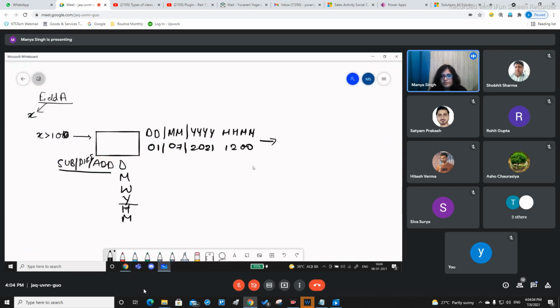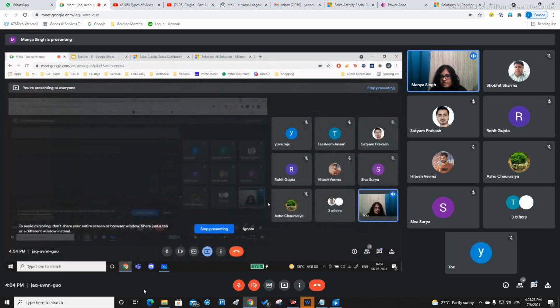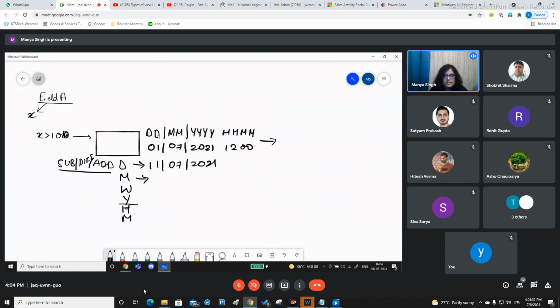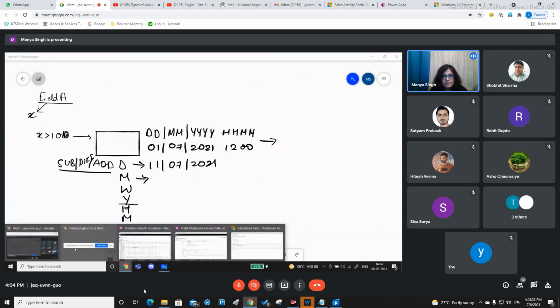Okay, so it is quite simple to understand that for days, if you have chosen 10, it will become, for days, if you're adding x greater than 10, it will become 11, 7, 21, right? For months, if somebody can answer quickly, if anyone is interested to answer, they can unmute and answer. Okay, I understand. There is some skepticism from the group.